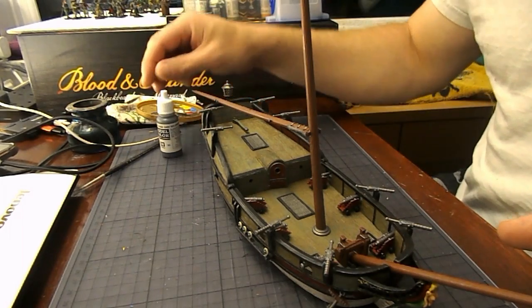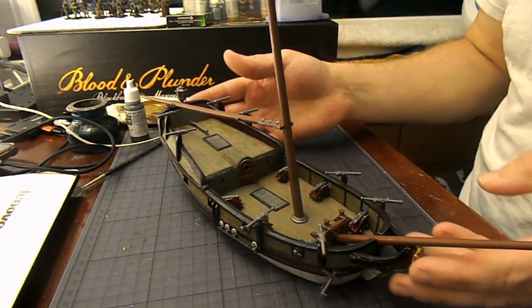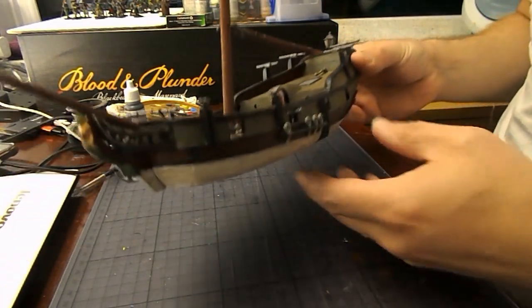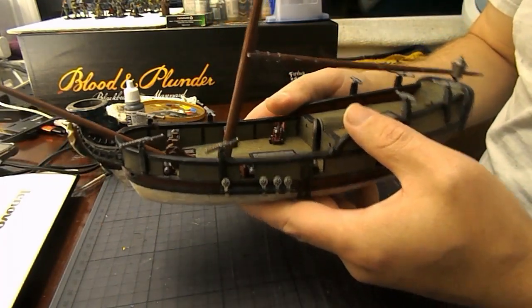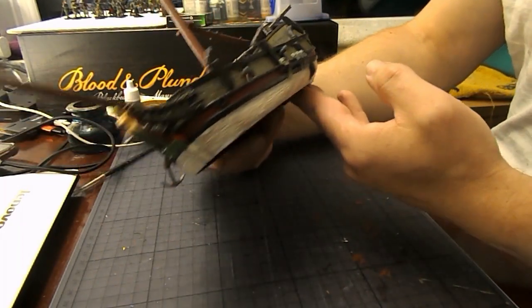This is another update for Blood and Plunder. As you can see, I have the sloop all finished off. Obviously in the last video I just went through the way that I was going to be doing it. So I didn't put the dip on the inside of the cabin in the end, simply because, well, I wanted to get it together. But you can see obviously